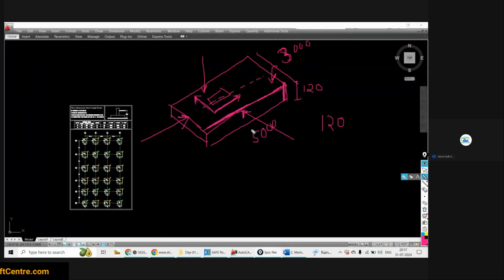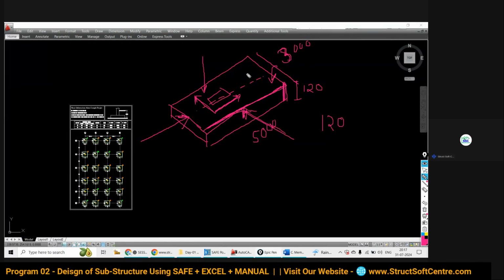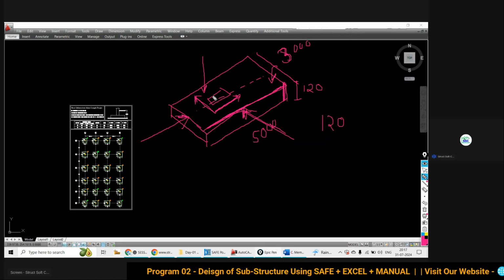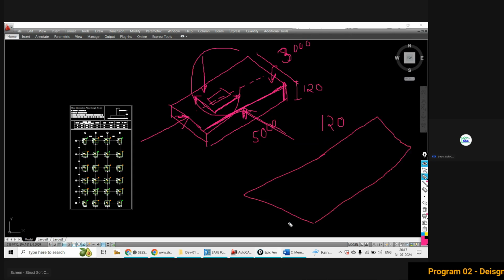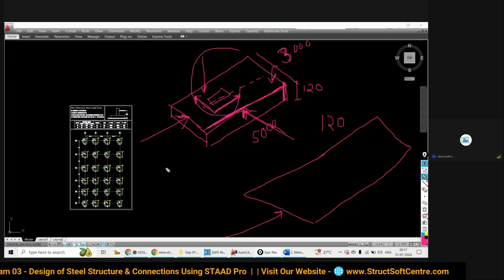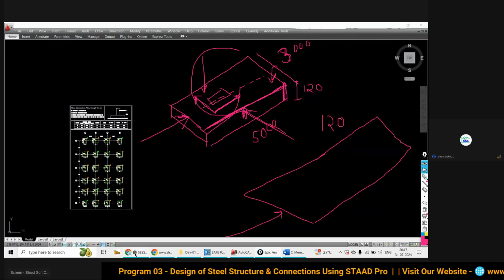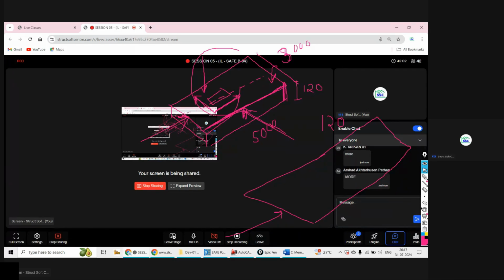Now अभी आपने पहले आंसर किया, in this direction it has 5000 resistance. If I apply the load in this direction, it has 3000 resistance. So it is overall the in plane stiffness of this plate element. प्लेट एलिमेंट का इन प्लेन स्टिफनेस ज्यादा होता है. कभी भी हमारा स्लैब जो है, that may be 2 मीटर बाय 3 मीटर, 4 मीटर बाय 7 मीटर, 2 मीटर बाय 3 मीटर बाय 6 मीटर, 4 मीटर बाय 5 मीटर. So always for the case of the slab, what will you get? You will get the in plane stiffness as more in respect of out of plane stiffness. Tell me, हमेशा आपको ज्यादा ही मिलेगा. Okay, so this is the case.